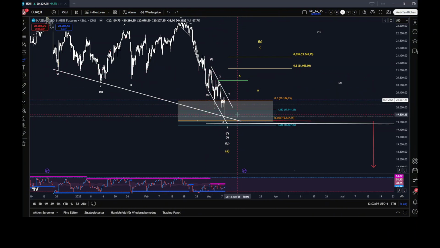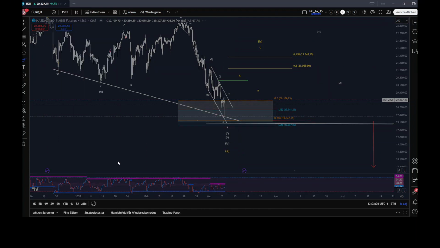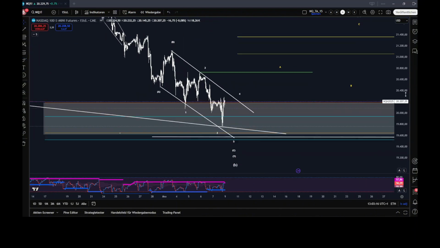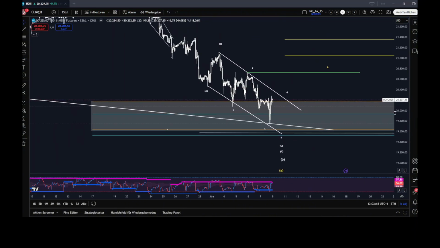lower prices predicted. Okay, and that's why I'm going to zoom in on the hourly chart now, and it could take a little bit because I have not that best internet because I'm traveling right now, so I'm using at the moment the mobile hotspot, and excuse me for the time that it's loading, but yeah,